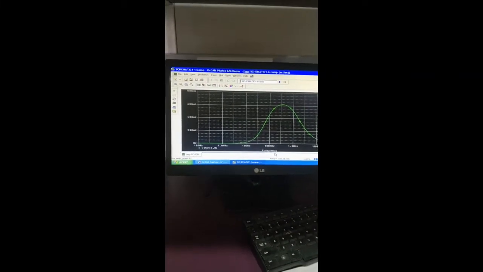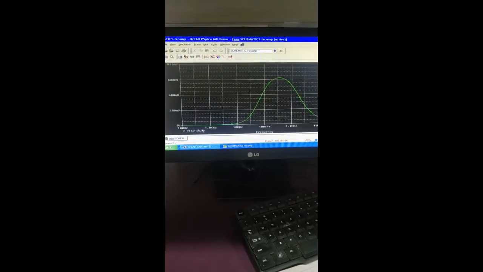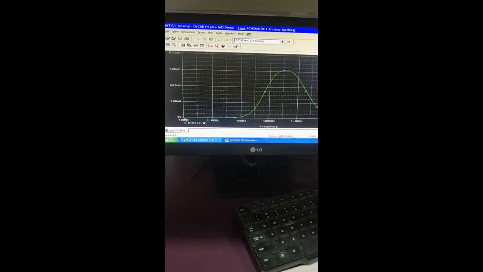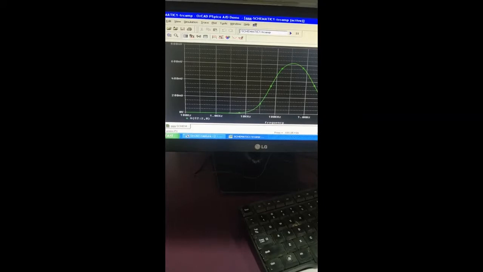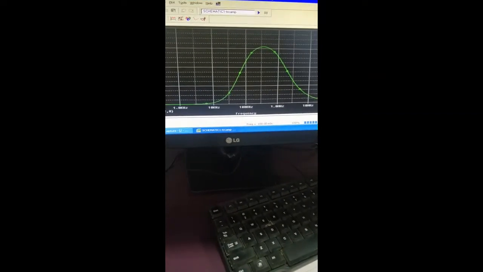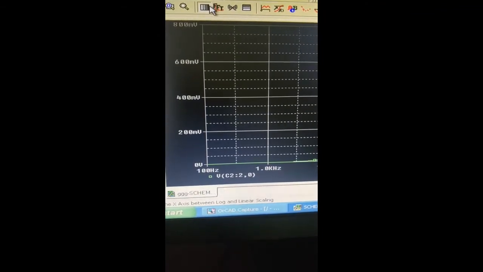So you see that you have got the gain frequency response. Your y-axis is gain and x-axis is frequency. The start frequency is 100 Hz and the end frequency is 100 megahertz. And the gain is from 0 volts, you see, so it is 50 millivolts, 100 millivolts, 150 millivolts, 200 millivolts and so on.